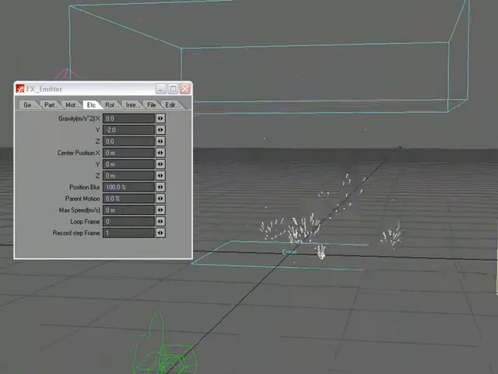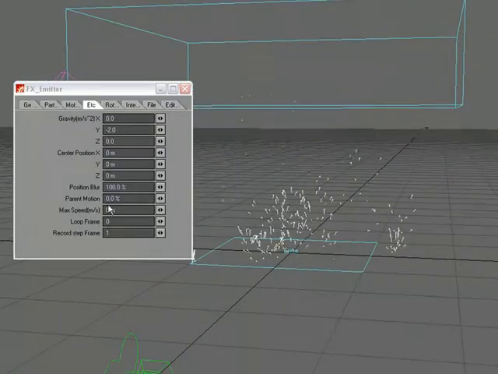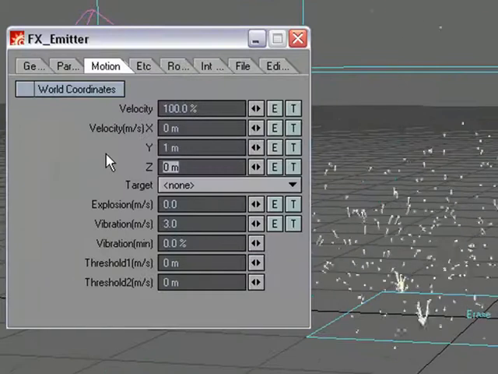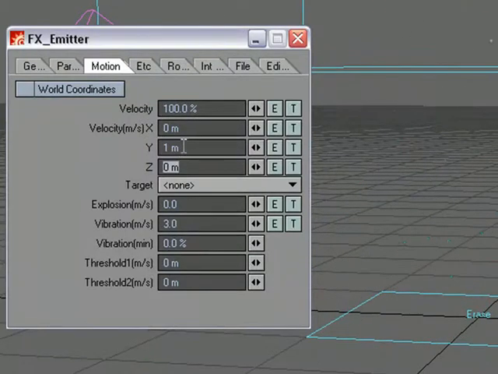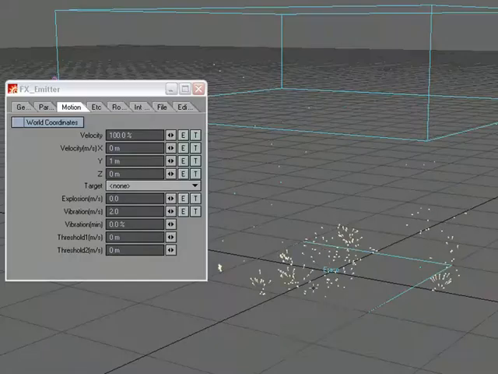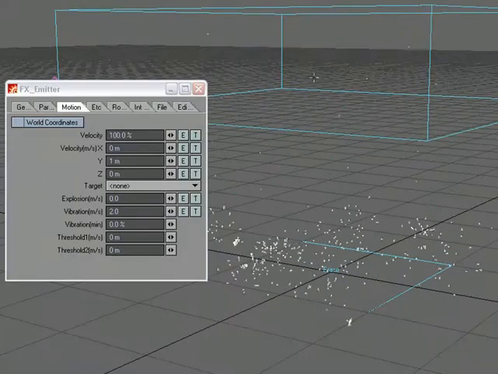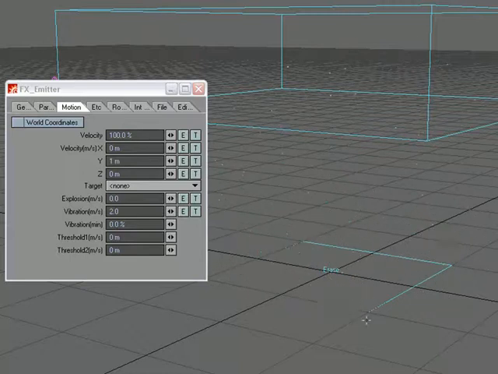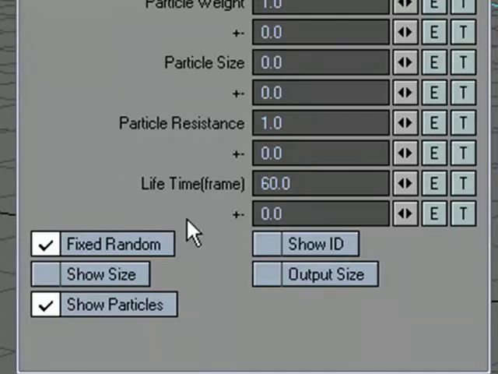It is a little extreme, so I am going to go back now that I have that setting. I'm going to change my velocity to 1 meter, and then my vibration, let's see if I tone that down. Now this is looking much better. So as you can see, I've got my rain emitter that's raining down particles on this collision object that is not set to bounce, it's set to erase, which means that, see in the particle emitter panel where it says